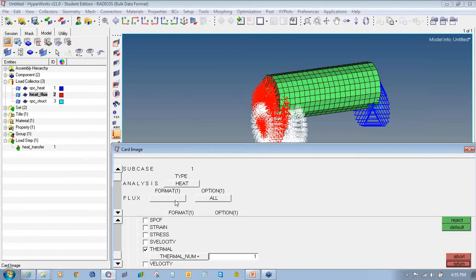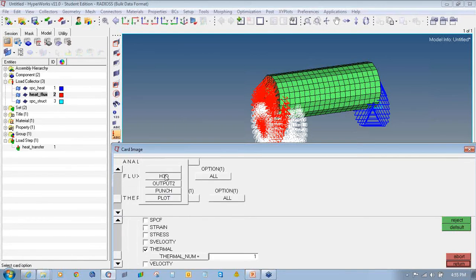Click the button under format and select H3D for both, so that we will get the results in H3D format, and options to all. So I will click return.